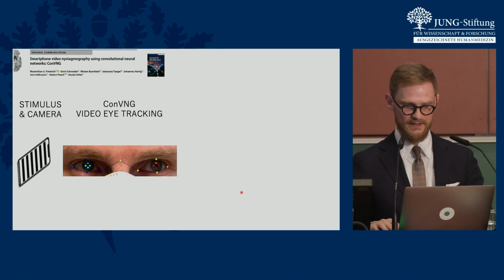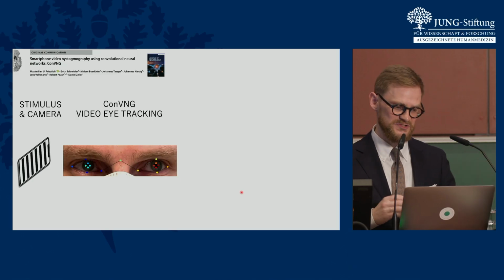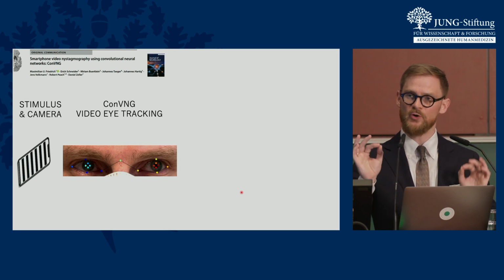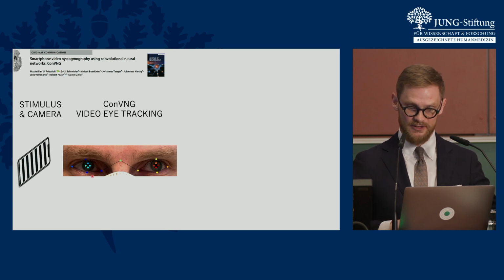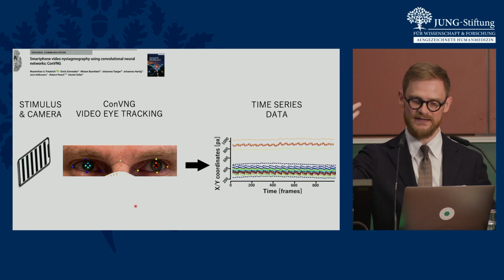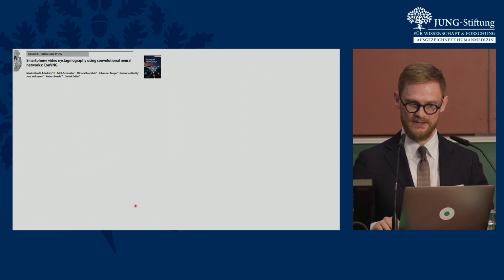So I devised a study in which we presented a moving stimulus on a smartphone, a normal smartphone, and we videotaped the eyes of the subjects watching that stimulus, okay? And that stimulus created a nystagmus because it was like a rolling stimulus. We call that optokinetic band. And then we developed a deep learning algorithm, a so-called visual perceptive convolutional neural network that allows us to track key points in a video, and in this regard, key points around the eyes. And we use the time series of these key points to track the eyes and now get quantitative information.